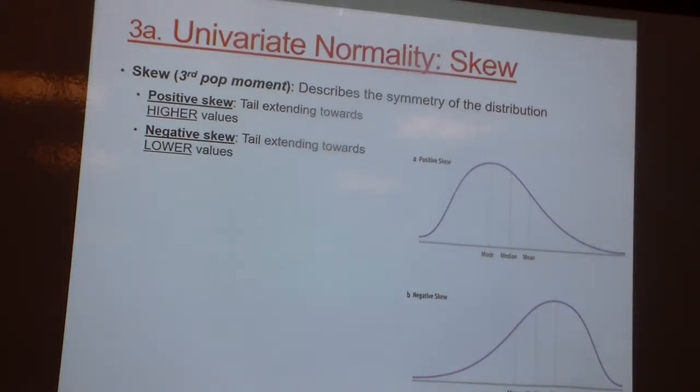Univariate normality, talking about skew and kurtosis. Okay. Skew, third population moment, with mean being your first population moment, variance your second. Skew is your third, right? Skew is telling us about the symmetry of a distribution. If we have positive skew, we have tails heading toward larger values. Negative skew, tail heading towards lower values. Anytime we have a skewed distribution, mode is going to be on the far side from the tail. Mean is going to be dragged out to the tail, and our median is going to be